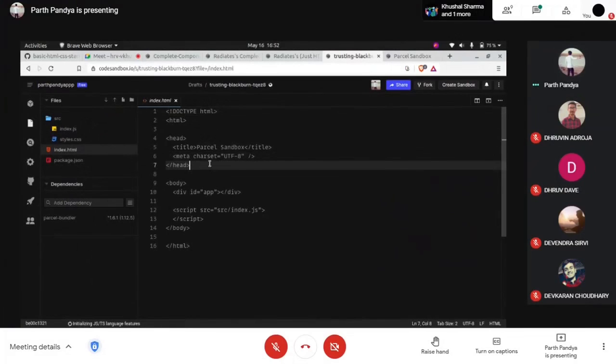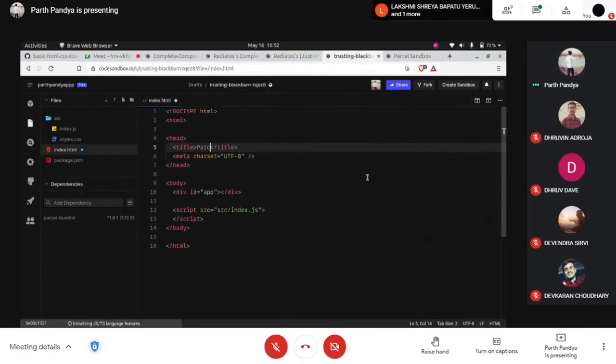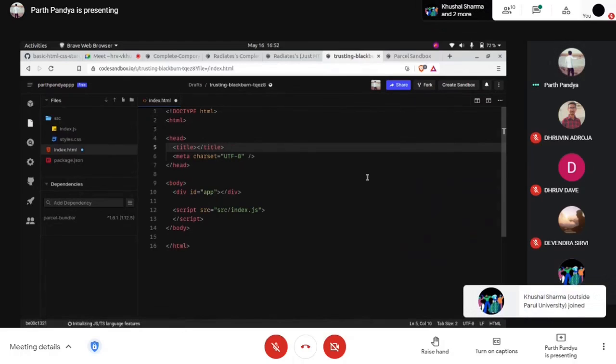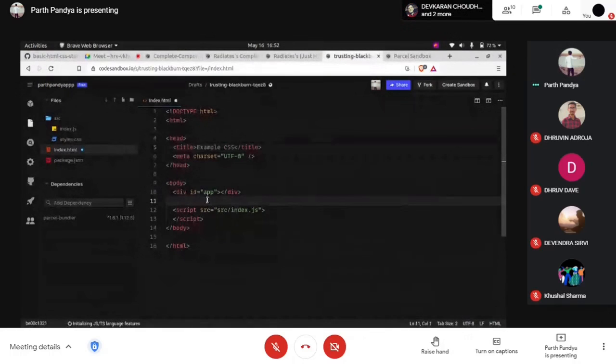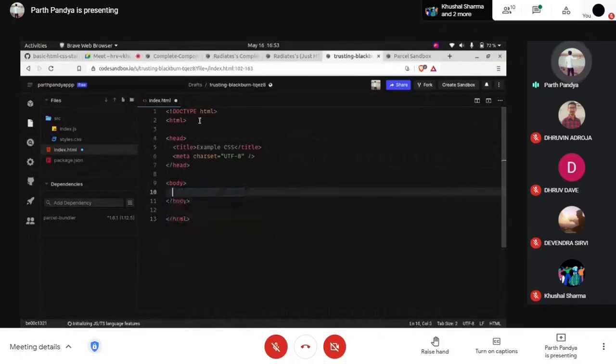We have this already in this boilerplate, and let's give it a title. Now let's remove all the script and everything. We have a simple HTML boilerplate, the simple HTML structure we discussed yesterday.